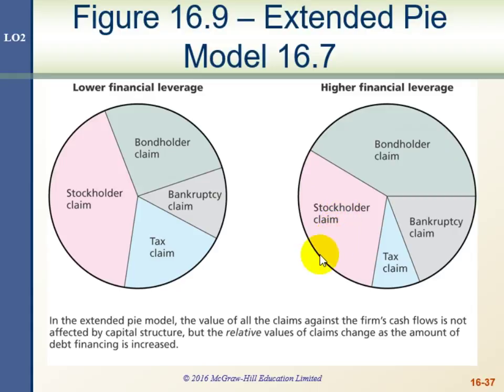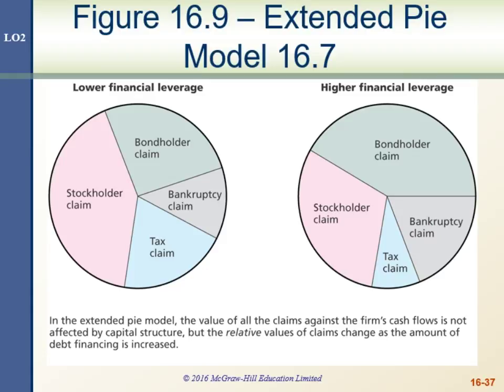Presumably higher financial leverage means that we reduce the tax claim because the interest is going to be higher, because we have a higher amount of debt in the capital structure. But it also means that the bankruptcy claim, the riskiness of the bankruptcy, the financial distress costs, increases. So the bankruptcy claim essentially makes the cost of the bondholder's claim higher and reduces the tax claim. And at some point, you're going to balance these two out so that everybody's relatively happy.